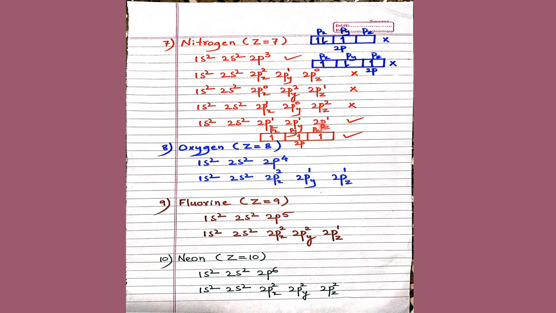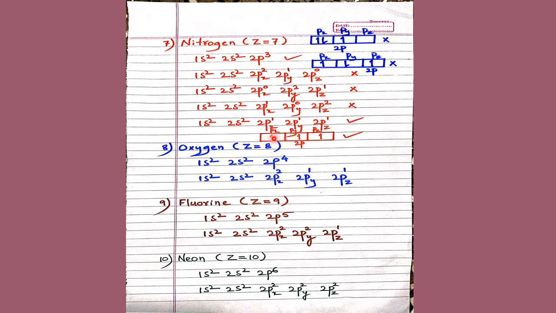Okay. So here you see, this is one way of writing using the box diagram. 2 electrons in the 2s with opposite spin, spin up and spin down. Here there are 3 electrons in the 2p orbitals. But the problem is, out of the 3, 2 are spin up and 1 is spin down. No, either all the 3 should be spin up or all the 3 spin down. That is Hund's rule of maximum multiplicity. As long as place is available, they don't prefer pairing. All the 3 will occupy the 3 orbitals, one electron each, with the same spin. So accordingly, this is the correct box diagram.